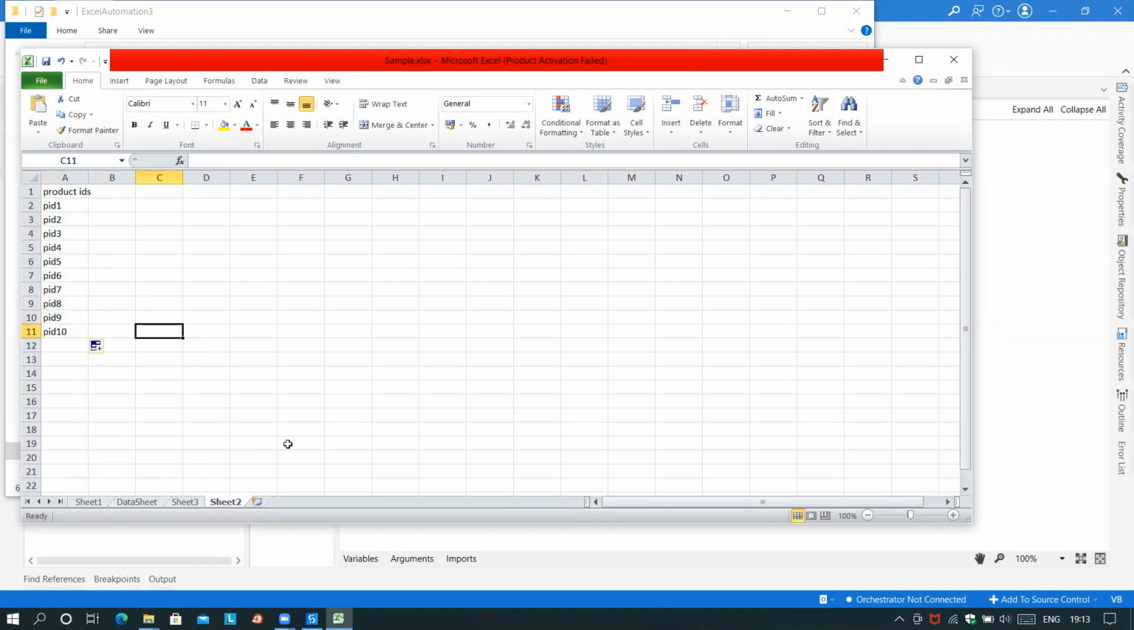Okay. So right now in this Excel workbook, I have more than one sheets. Those sheets also have different names. Okay, see, product IDs, different sheet names. Okay, for example, see,